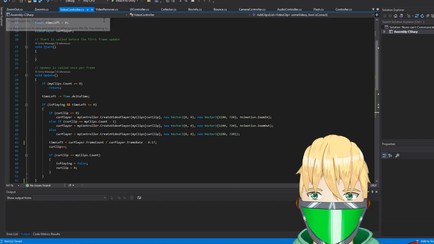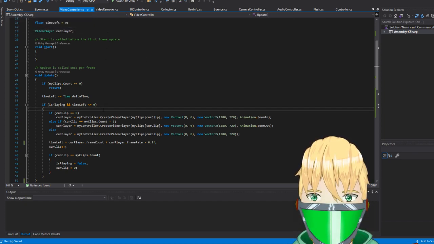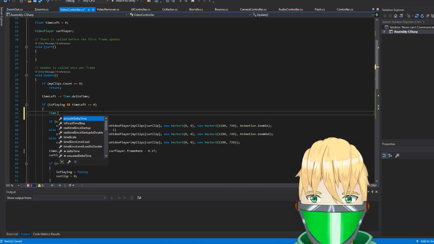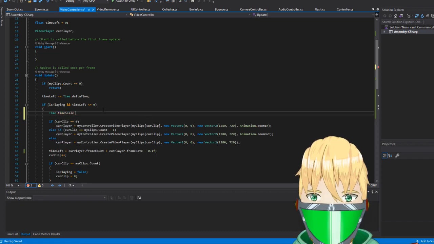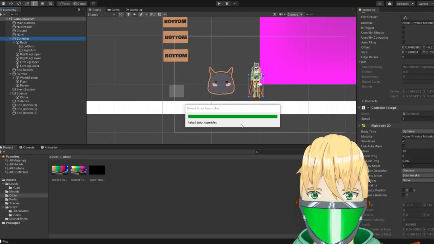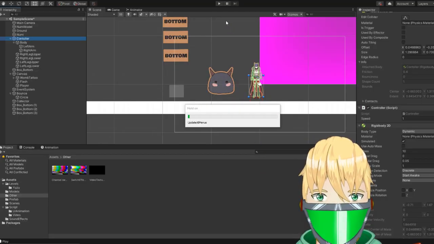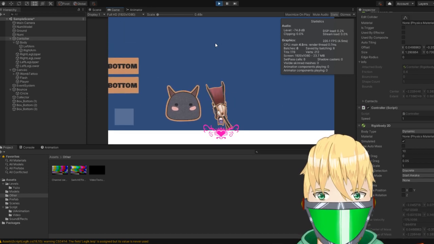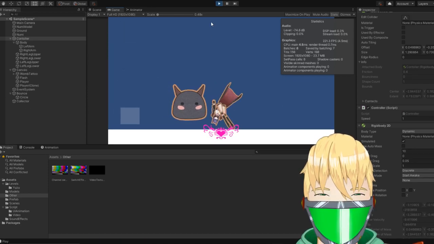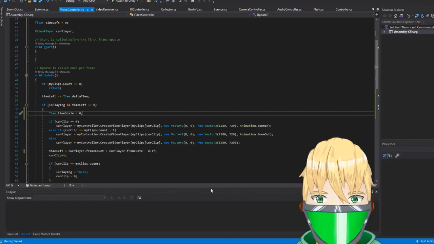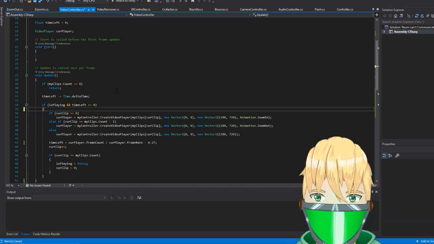In our video controller, when we're playing, we'll set time scale equals to 0. I think it paused everything, right? Even the clips? Yeah, no, that's not correct. As expected, actually. So we can't do that.